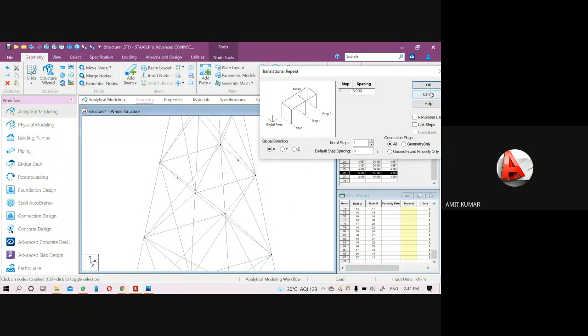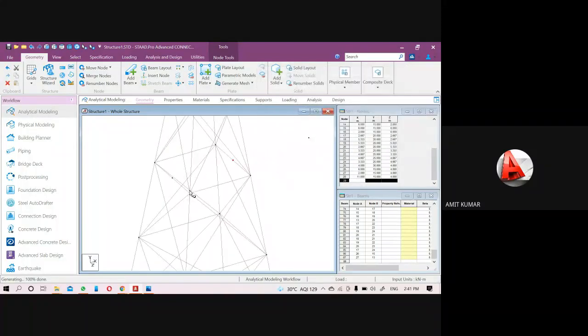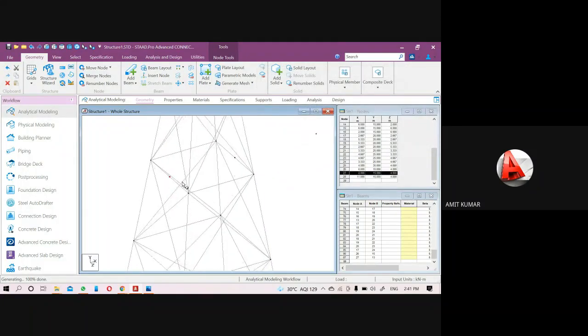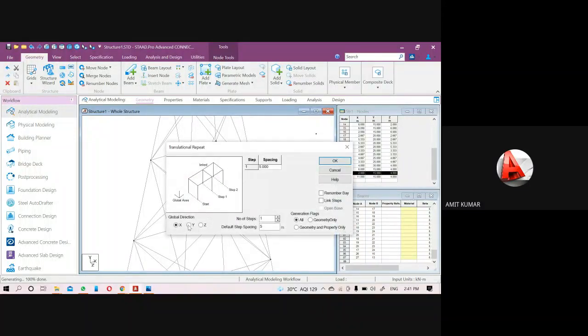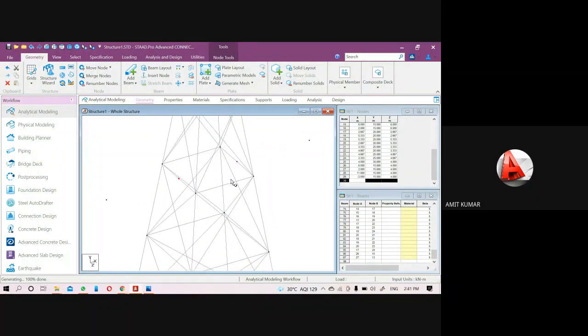Okay, so click on OK. Do the same thing for this node also. Select the node, use the translational repeat, and this time we will provide the spacing as -5 because we have to move it in the reverse direction.